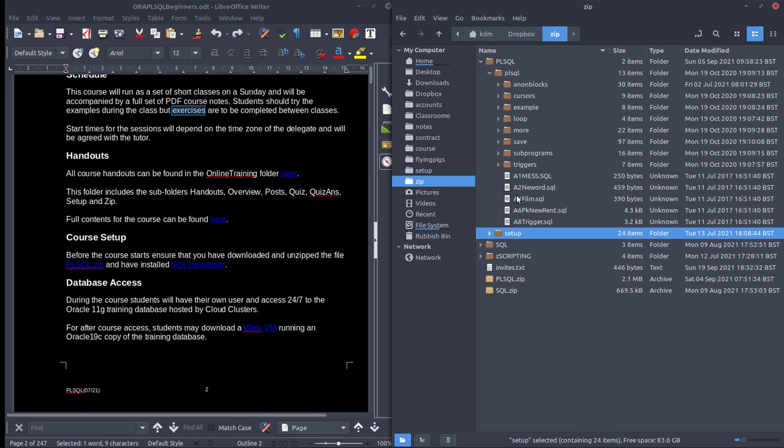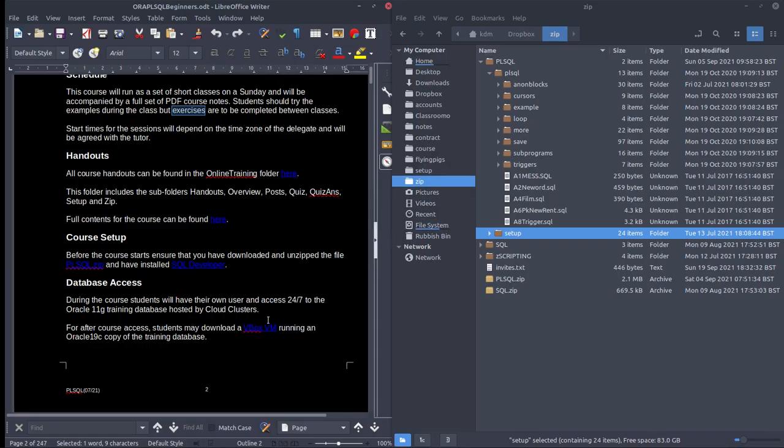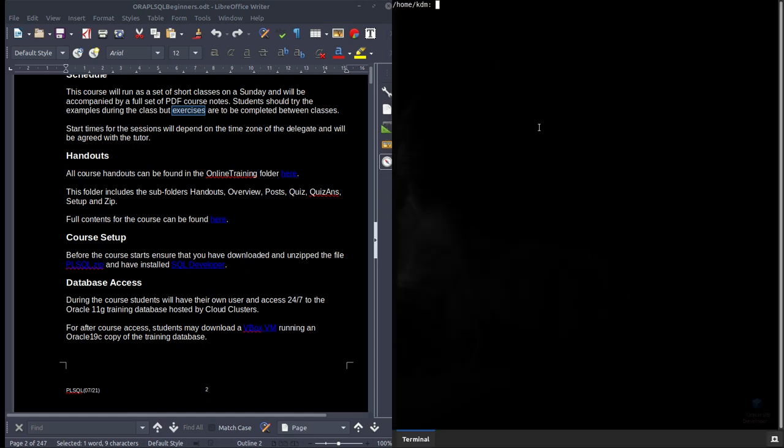So those are used during the course in SQL Developer. That's the other thing you need. You should have installed SQL Developer. Now, if you haven't got it for 64-bit Windows, you can download it here. If you're using Linux, Unix and Mac or 32-bit Windows, you can find it from the Oracle website. I'm using Linux, so what I do here is I open a terminal window and I use what's called an alias, which opens SQL Developer for me.